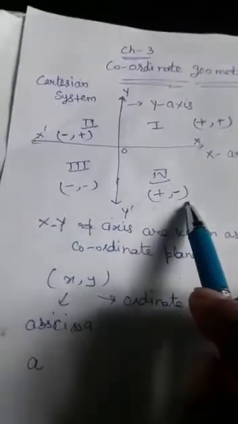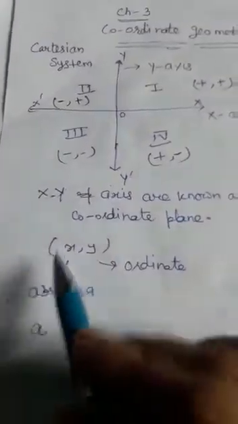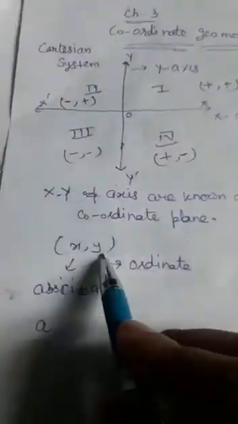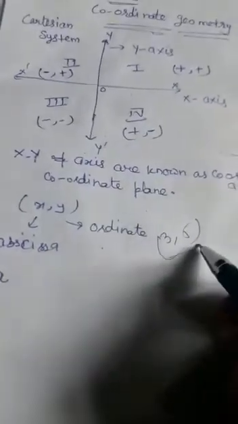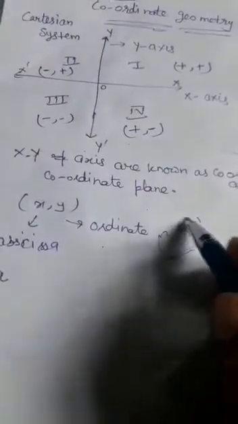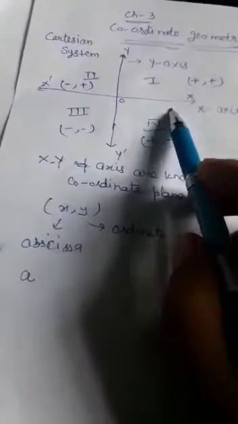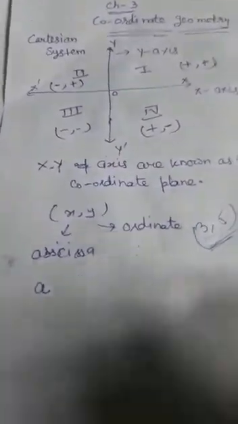So these are the values of x and y. We represent the point in the form (x, y) on this graph, where the value of x is known as abscissa and the value of y is known as ordinate. Suppose you are given a point (3, 5) and the question is to tell in which quadrant this point lies. Without a graph you can see that both values are positive, so it will lie in the first quadrant, or you can plot the different points on the graph.